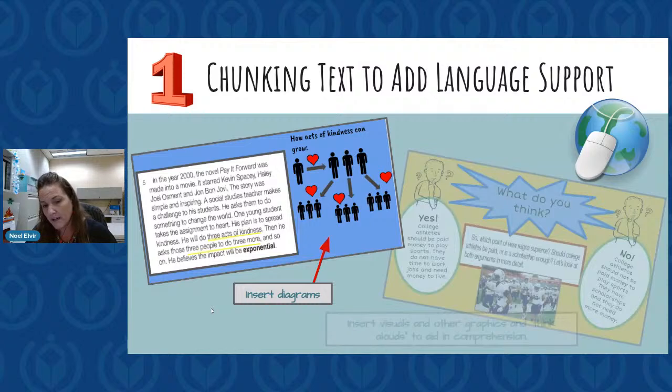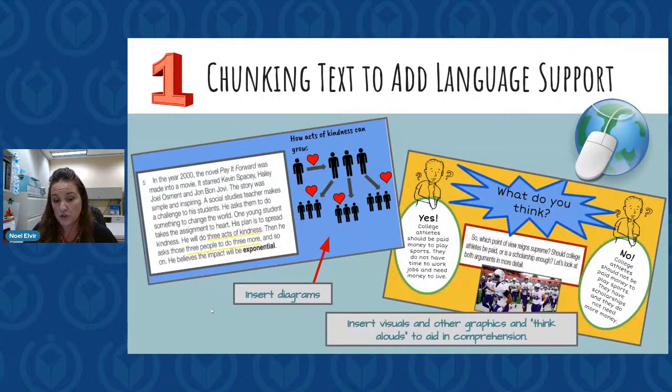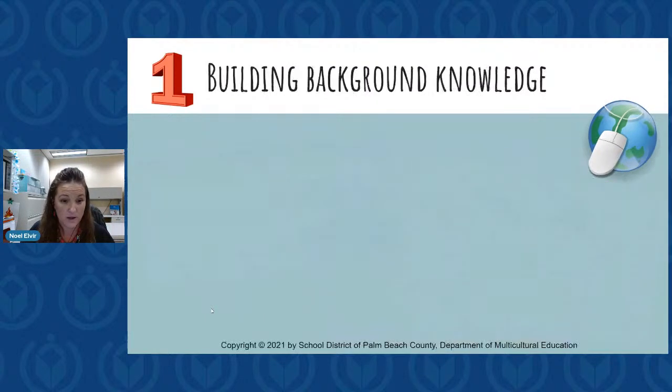In the example on the right, this is an opportunity for students to respond. So here, there's two think alouds. Do you think this? Do you think that? There's an image there that helps the student understand and make sense of what's asked. Do you agree that athletes should be paid when they're in college? Or do you not agree that athletes should be paid? So that adding the teacher's thinking for the student kind of helps them make sense of what the question is